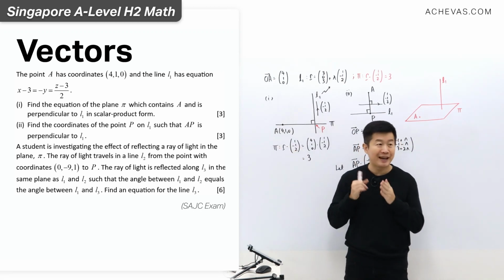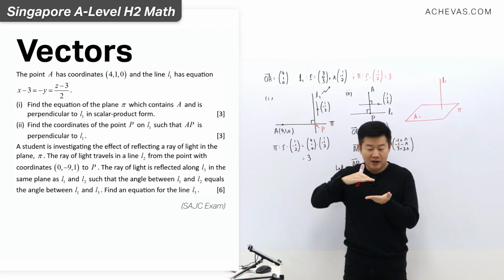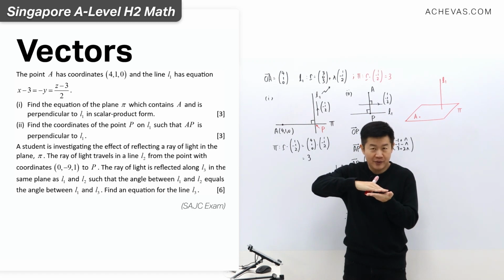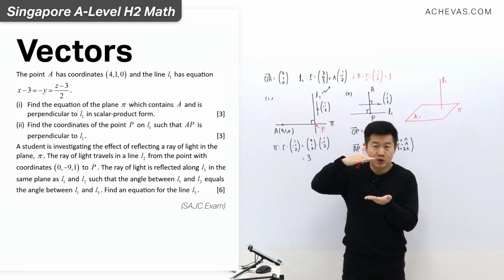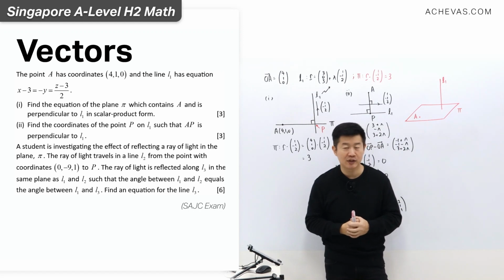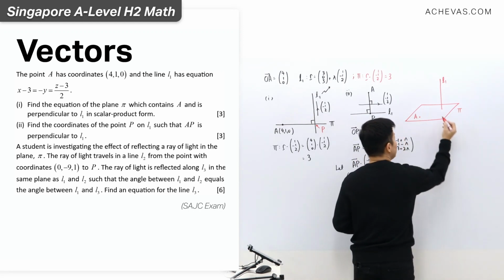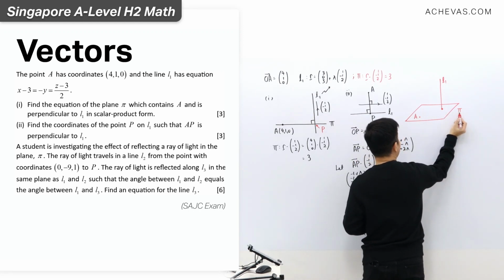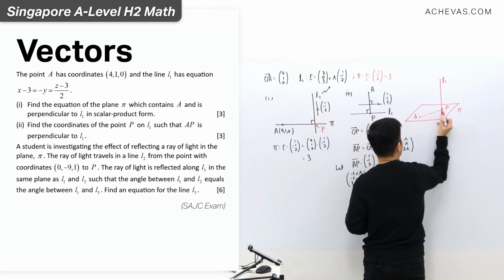If this were a "hence" question, which means that from a standalone part, you need to try to associate it to the previous part. Where do you think you will plant P? You will plant P here, on pi, point P, such that AP is